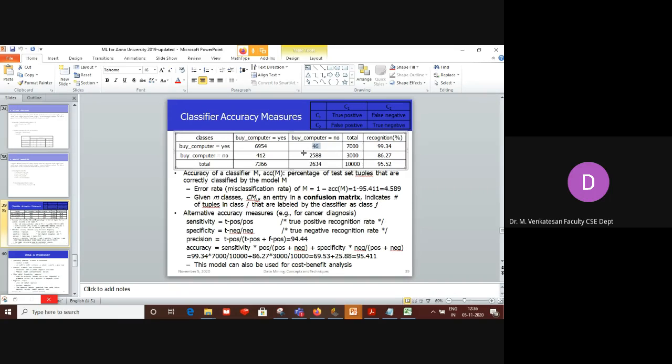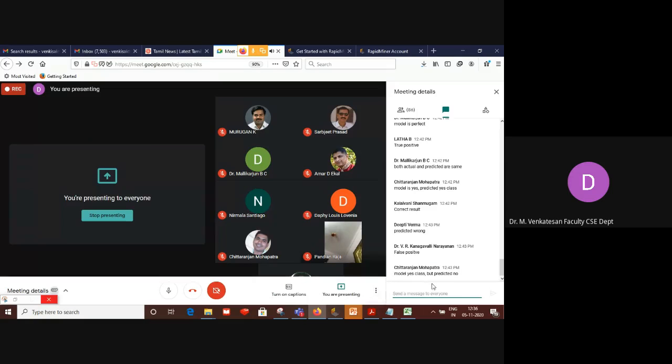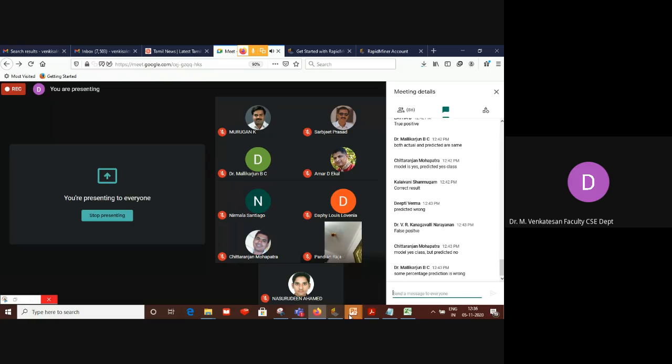What is this 46 denoting? I assume you are understanding my concept, that's why I'm asking you. What is this 46? Yeah, Chittaranjan says the model's class is yes, but it predicted no. Correct.